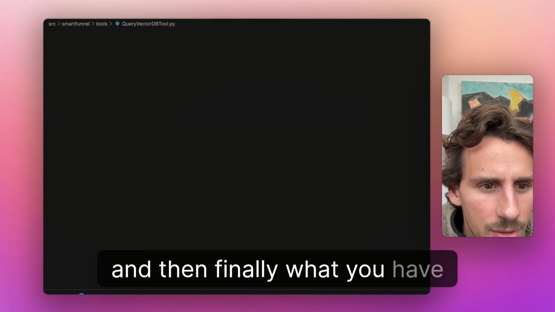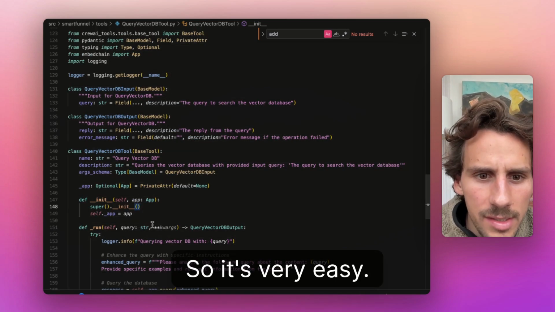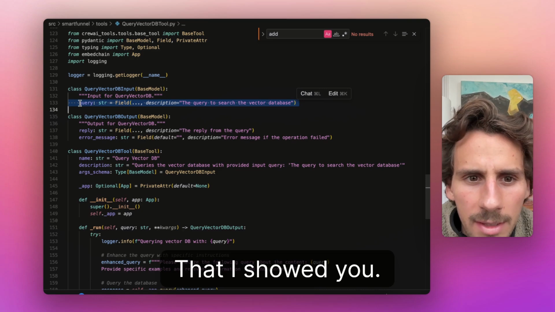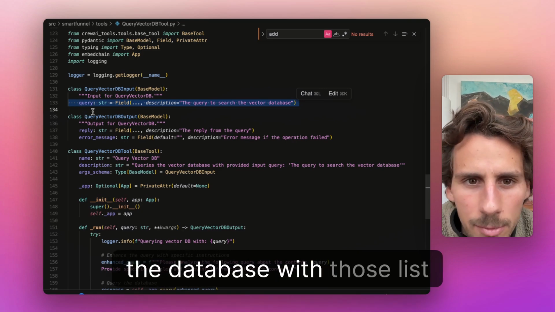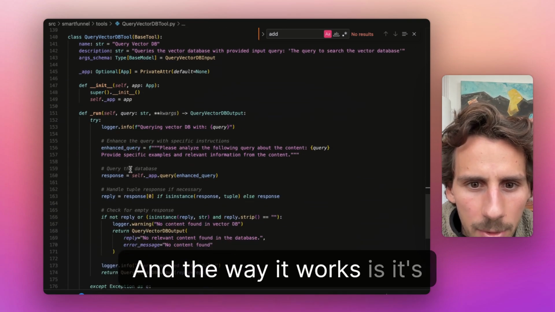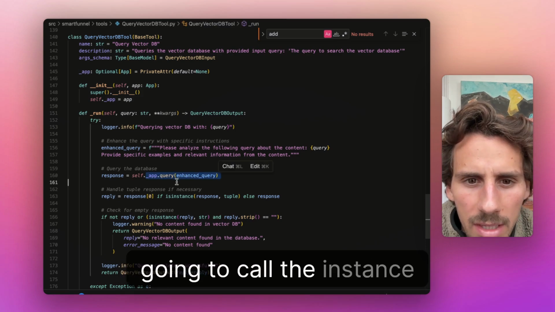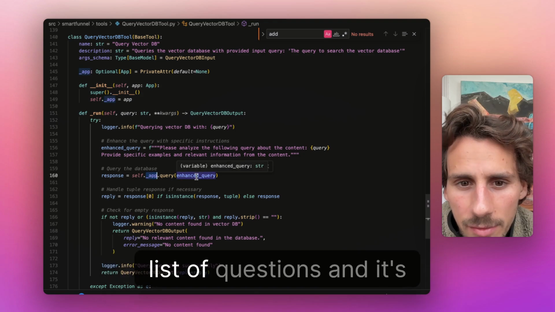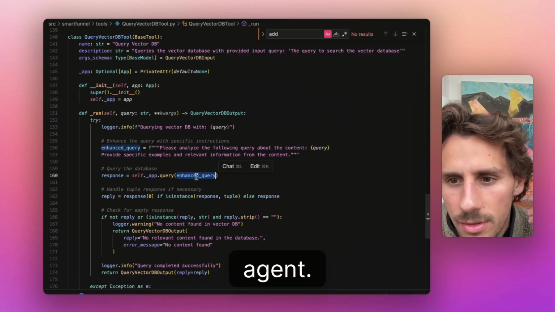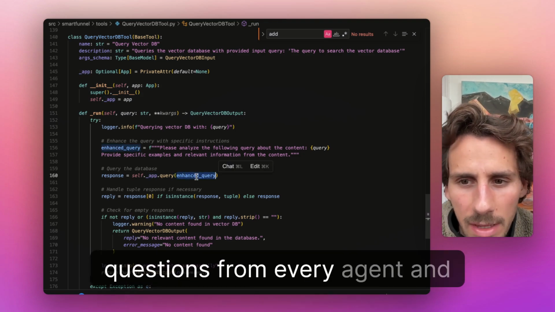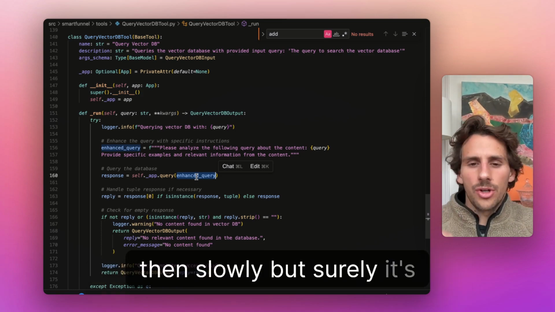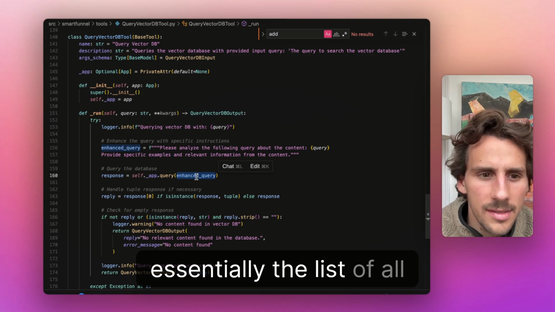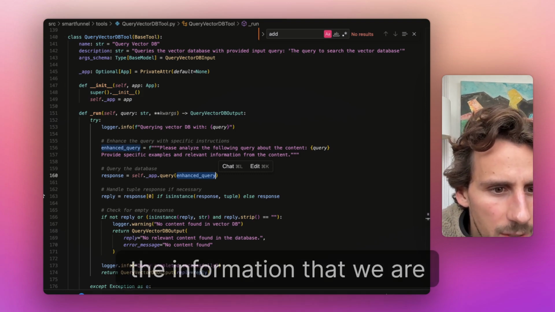And then finally, what you have is the query. It's very easy. Essentially, it's using the list of questions from the different tasks that I showed you. And then it's going to query the database with that list of questions. The way it works is it's going to call the instance function app, and that's going to query the database with that list of questions. And it's going to do that for every agent. It's going to ask the list of questions from every agent, and then slowly but surely it's going to start populating this content creator info, which is essentially the list of all the information that we are collecting about